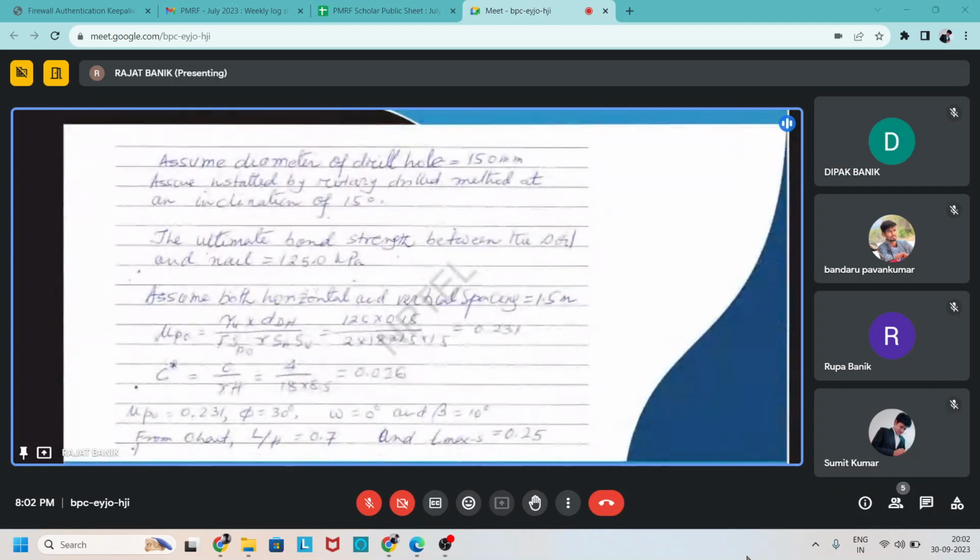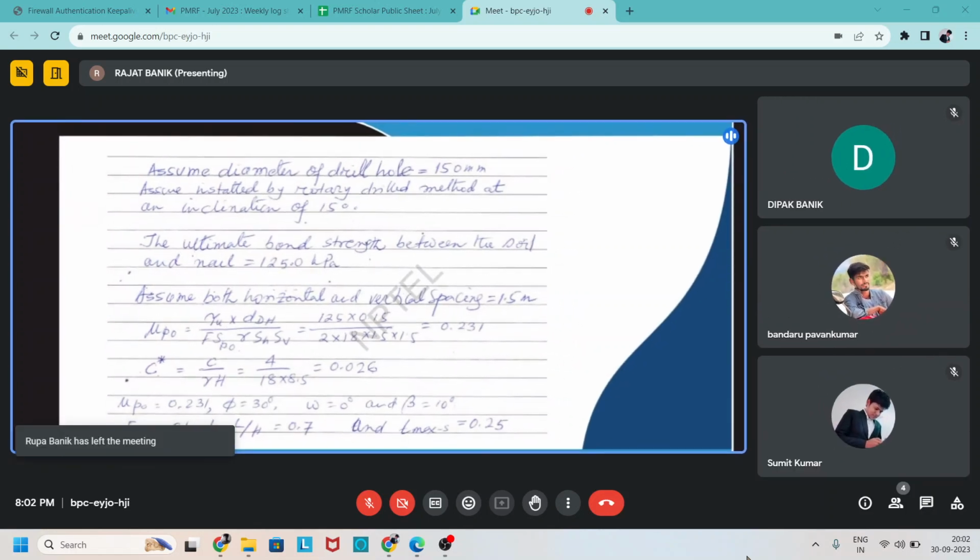First we assume that the diameter of the drill hole is equal to 150 mm, and we also assume the inclination of the wall is about 15 degrees. The ultimate bond strength from this chart is about 125 kPa, which is the average between 100 and 150. Then we also assume the horizontal spacing is 1.5 meters. After putting all these values into this formula, that is mu suffix p naught is equal to tau u into d suffix dh divided by FS p naught gamma sh sb,